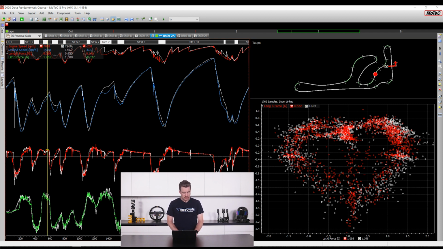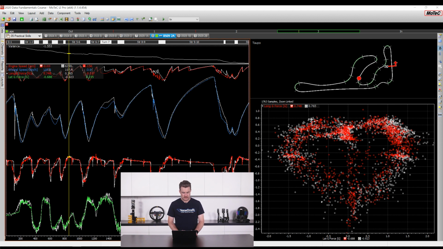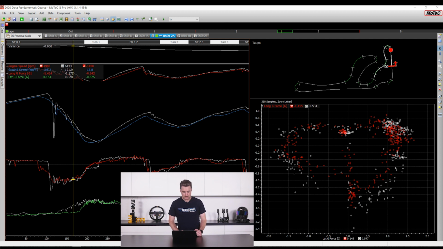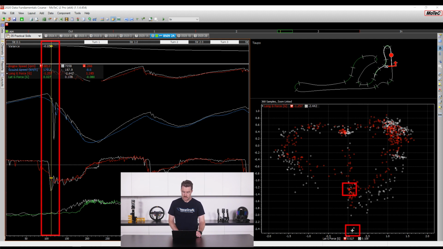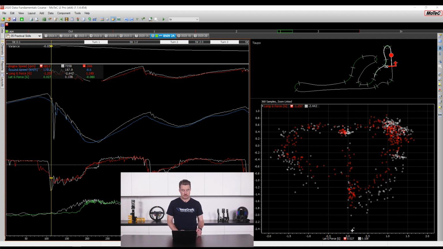So if we just zoom back into the initial points, I'm just going to turn the delta back on, the variance channel, so we can see where we're looking again. It's going to go back to turn 1 and have a look. So the point I was making initially about both this peak and brake pressure. You can see here on the XY plot where the white part of the cursor is on the traction circle versus where it is on the amateur parts of the traction circle. We're getting much more peak braking force on the reference lap, on the Pro lap.